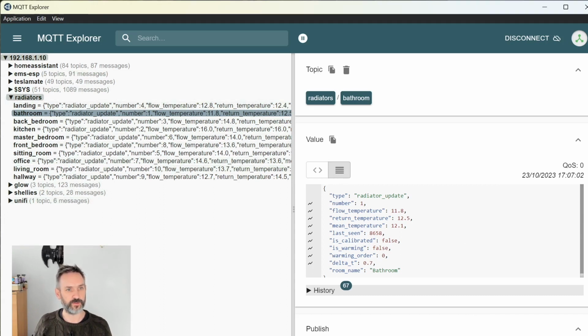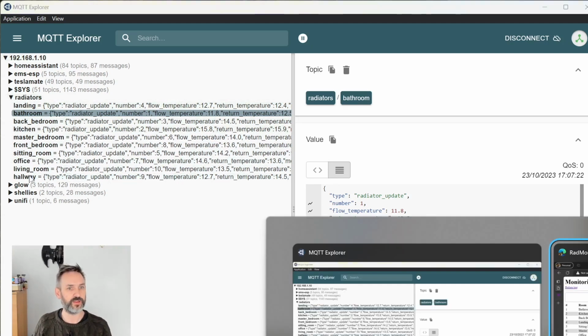It'll send the type, that's just to do with balancing, so don't worry about that for now. Then it sends the number and the current readings. It'll say whether it's calibrated and warming. Again, these settings are for the balancing, the deltas for the balancing. And then it's got a room name. So what I've been able to do with that, because that's coming in from all my radiators, is